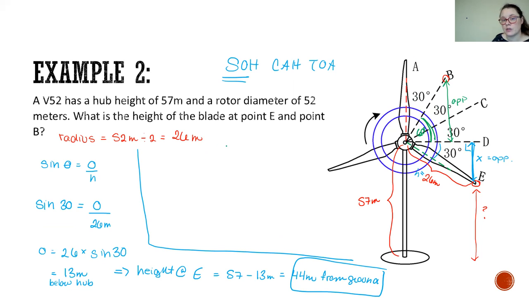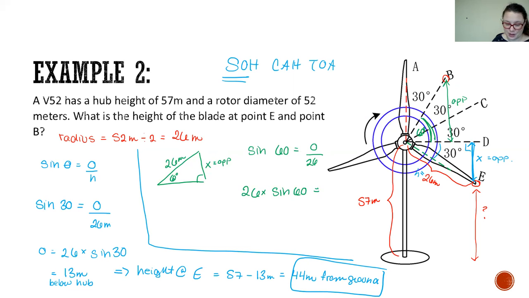So if I was going to re-sketch it, we have a new triangle. It's a 60-degree corner there. I need to know what that height is, because this is how much above the hub we are. And then again, we have a rotor radius of 26 meters. So it's exactly the same formula. Our x is still our opposite. So again, we're going to use the sine ratio. So the sine of 60 is equal to opposite over 26. So 26 times the sine of 60